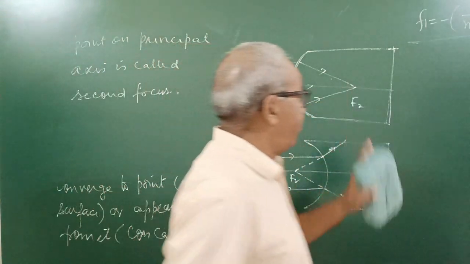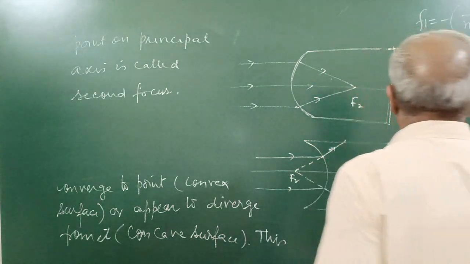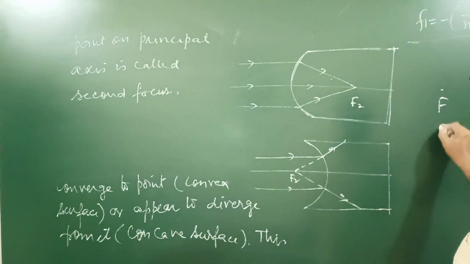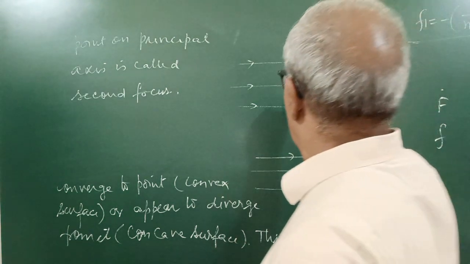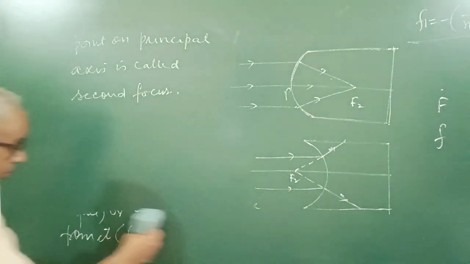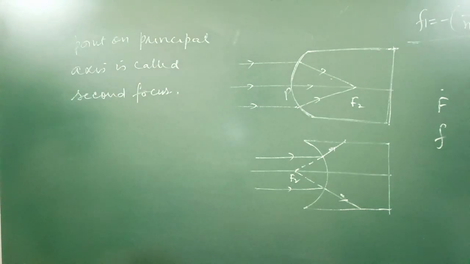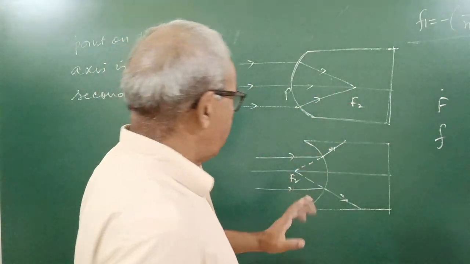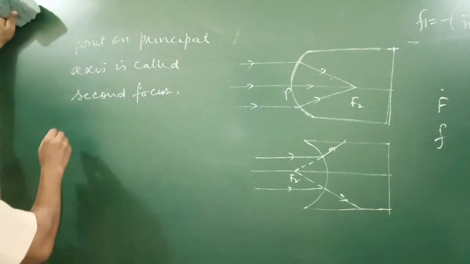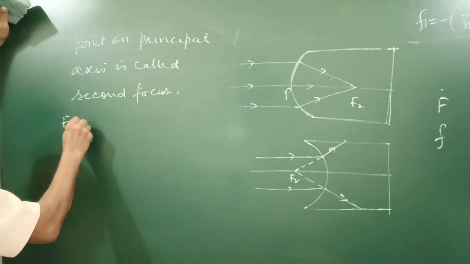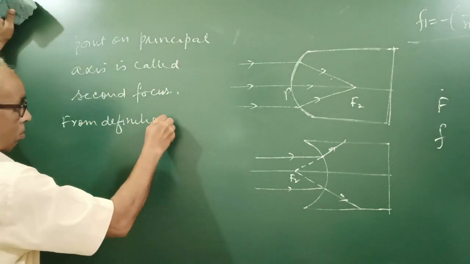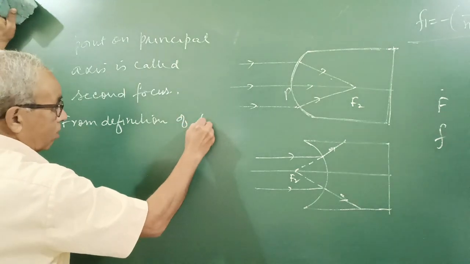Point F, we mark capital F, means we are pointing to the focus point, and small f is the focal length, the distance from the pole. So now, by definition again of the second focus, for a convex surface it is a real point, and for a concave surface it is a virtual point. From the definition of the second focus,